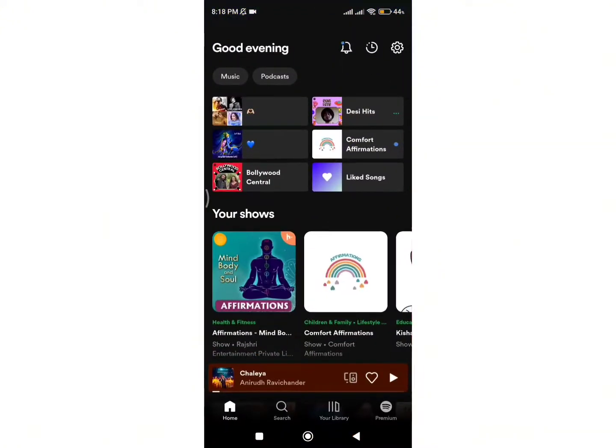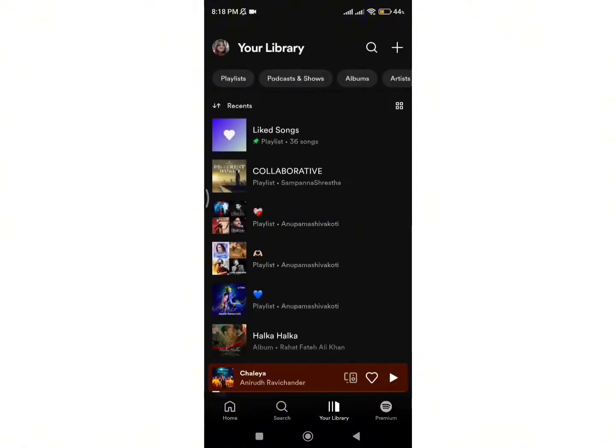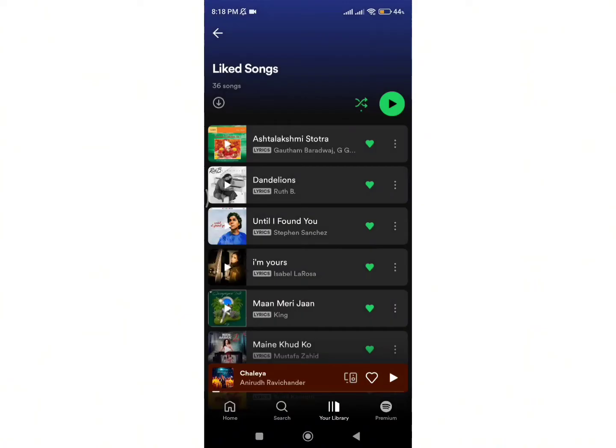Firstly, open your Spotify app and you will see this homepage. Now click on the Your Library option. Tap on the playlist of liked songs. Now select the song which you want to add to another playlist and just click on the three vertical dots